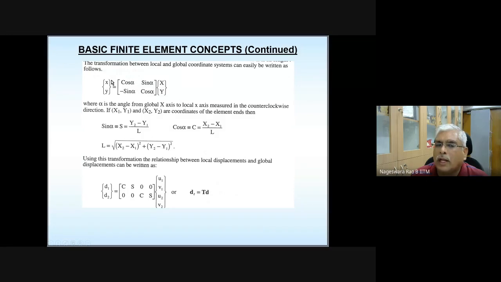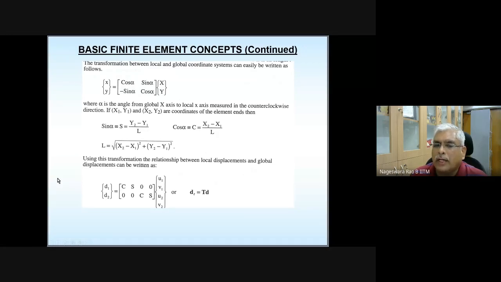So here locally you have small x, small y. For 3D trusses, you are going to have small z, capital X, capital Y, capital Z. Again, direction cosine, whatever explanation that I gave you: this location is going to be cosine of angle between this and this, cosine of angle between this and this, and you have one more element, cosine of angle between local x-axis and global z-axis. Similarly, you can fill. You are going to get this transformation matrix, instead of 2 by 2, there you are going to get 3 by 3.